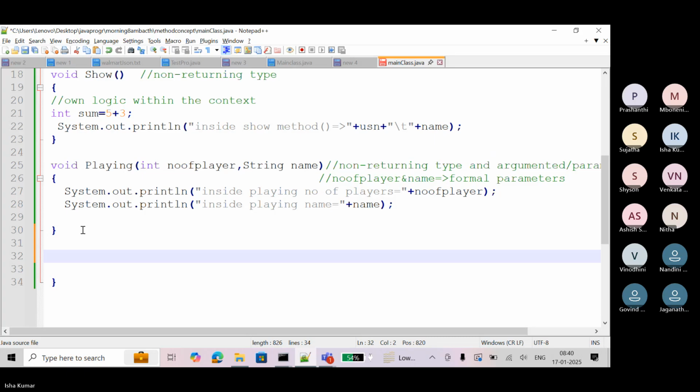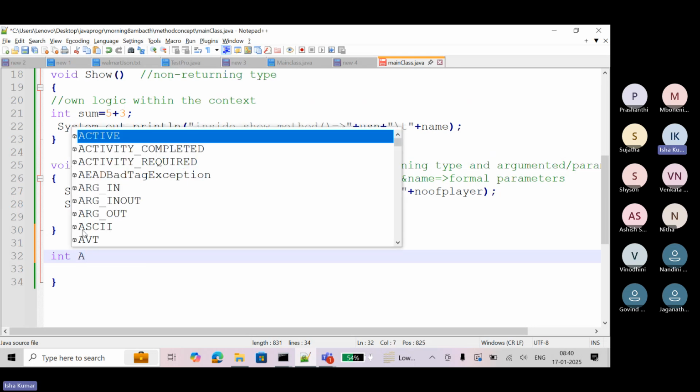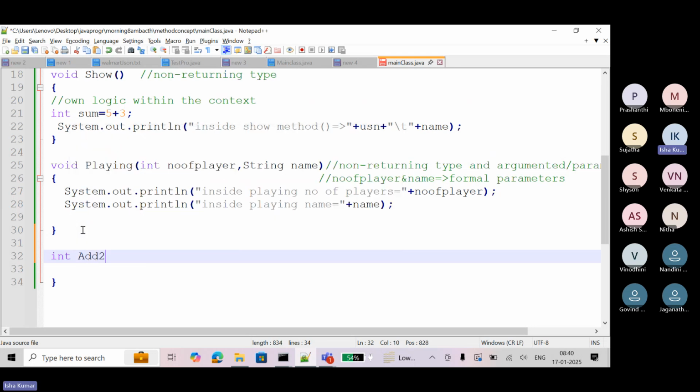Correct? Or any two numbers you pass, it will add them. So let's start with simple. Let's say I'm writing int add two numbers. Whoever wants to add two numbers, just calls this method. It will give the result of the two numbers by adding them.